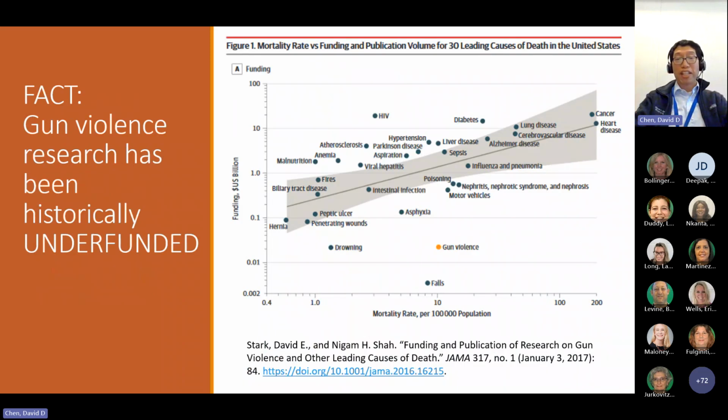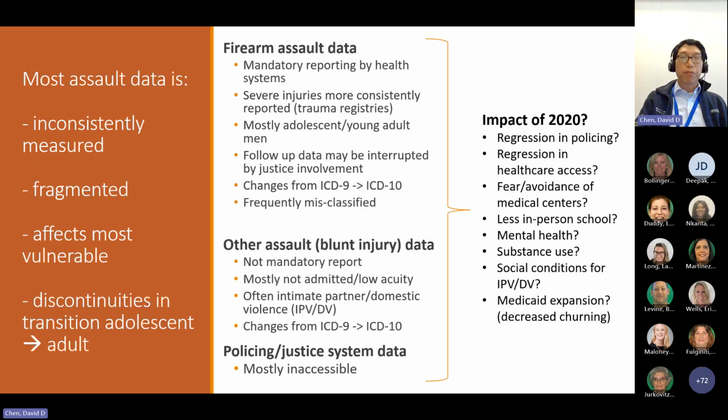So I hopefully have made the case that we need to know more about it, but there's been a historic lack and actually intentional underfunding, I would say, of firearm violence research going back to the Dickey Amendment. That said, Senator Dickey has since come forward and said that that was not the intended result of prior policy, and has encouraged ongoing research and policy attention to gun violence. But looking at it historically, in terms of how much is spent on research and how much is published related to gun violence compared to relative mortality, gun violence is underfunded and understudied. Some of the reasons for this